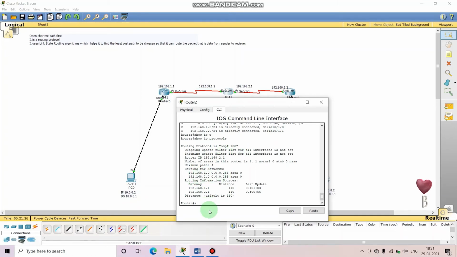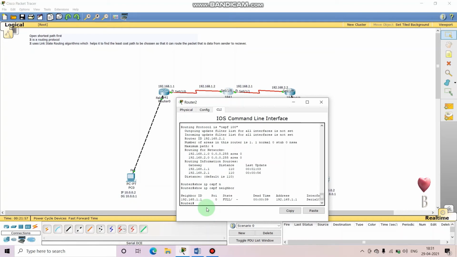You can use show IP OSPF neighbor. See, it is showing you the neighbor. Till now it will show you only this. When I enable OSPF on this router as well, it will start showing you this side configurations also.